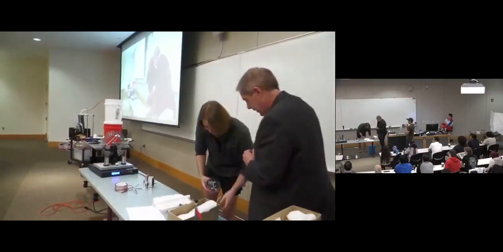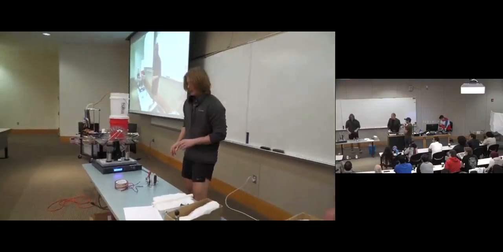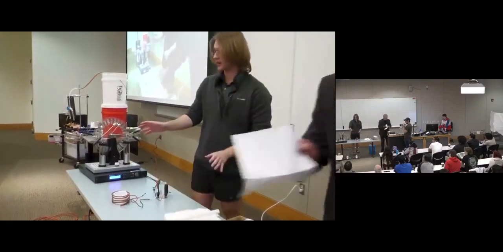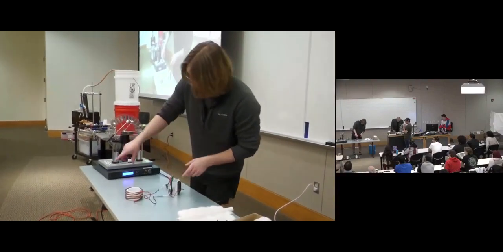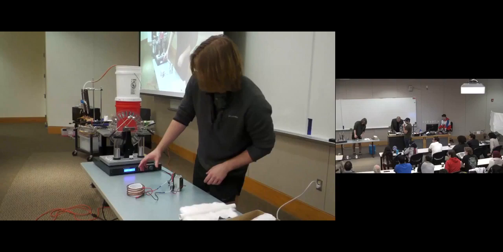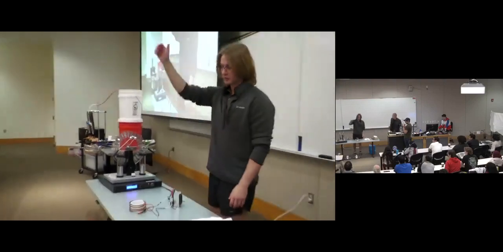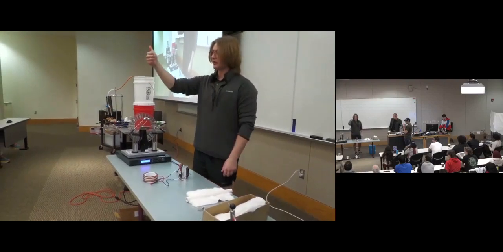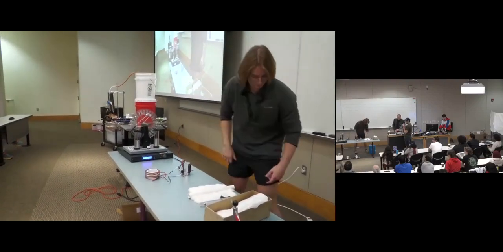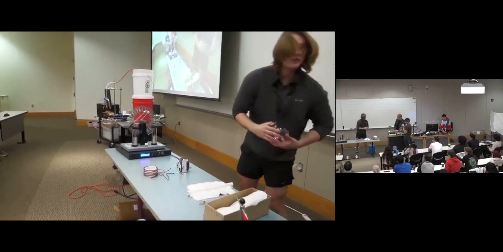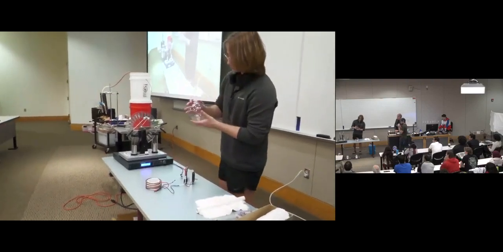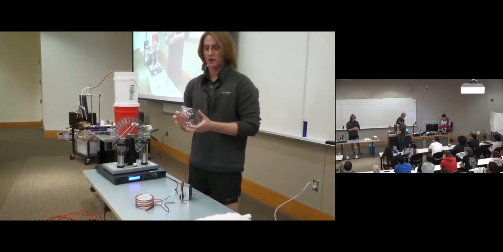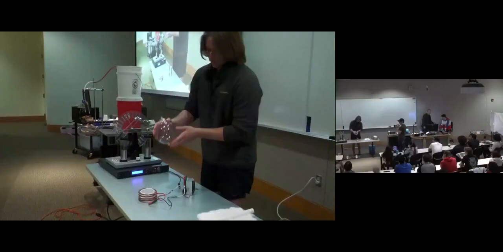Sure. So what we have here is just a simple oscillator circuit. It oscillates at 10 megahertz. But the main key thing that we're using this for is to produce a magnetic field. Because as you all know from the right-hand rule, when you put a high current through a coil of wire, it'll produce a magnetic field. It's going to be alternating up and down. And what I have here is the seemingly empty glass sphere. What it's actually filled with is a small, not small, but xenon gas, which is